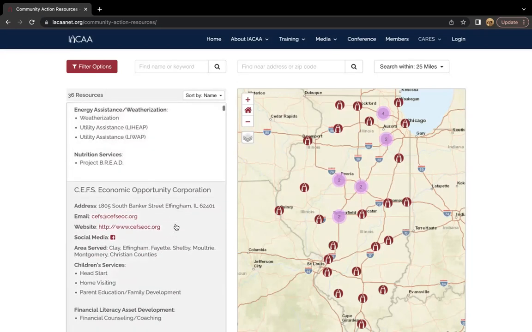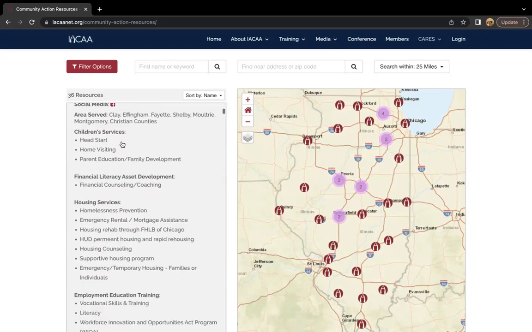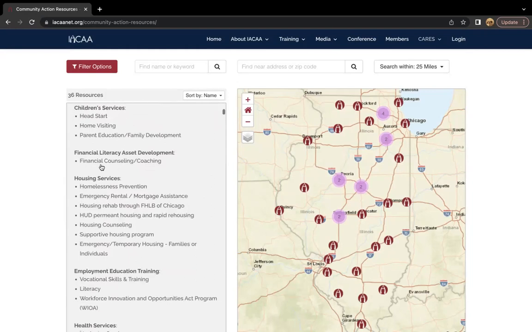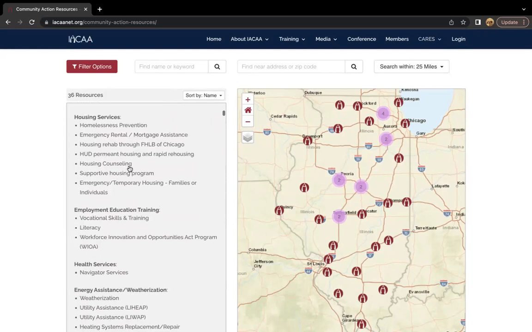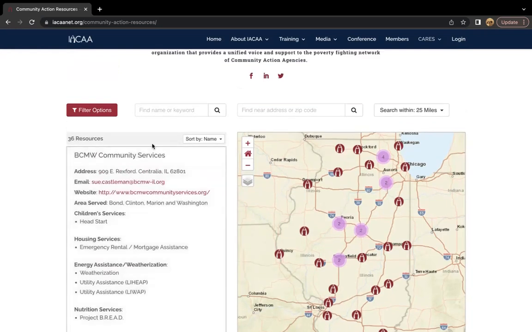You will also find under each agency name a list of offered services, and these services are lumped into categories like children's services, financial literacy and asset development, housing services, and so on. Basically, this is a space where you can find any of that information for any of your community action agencies.